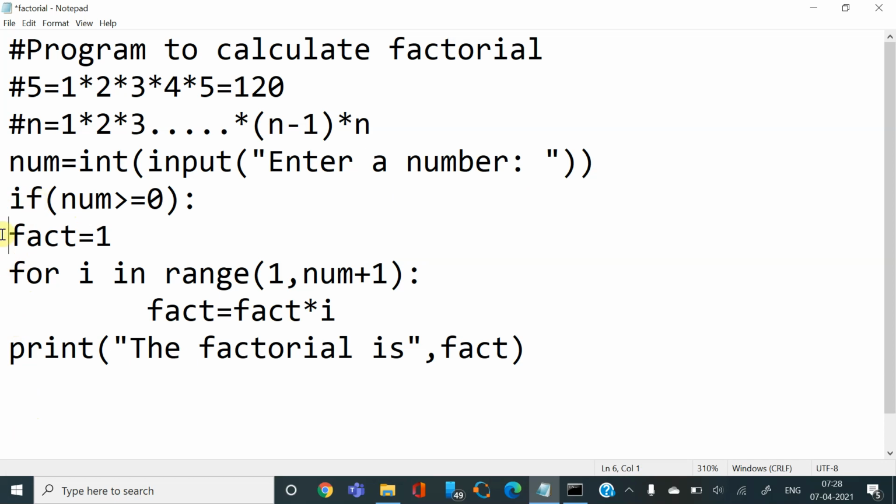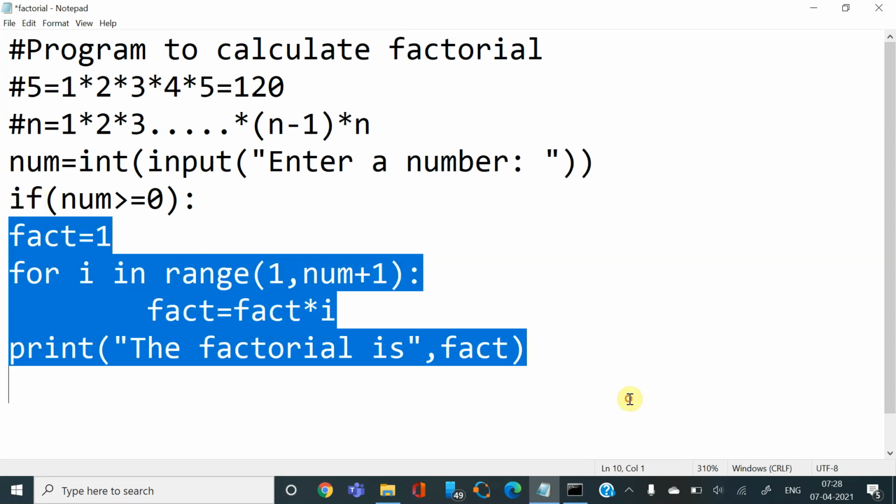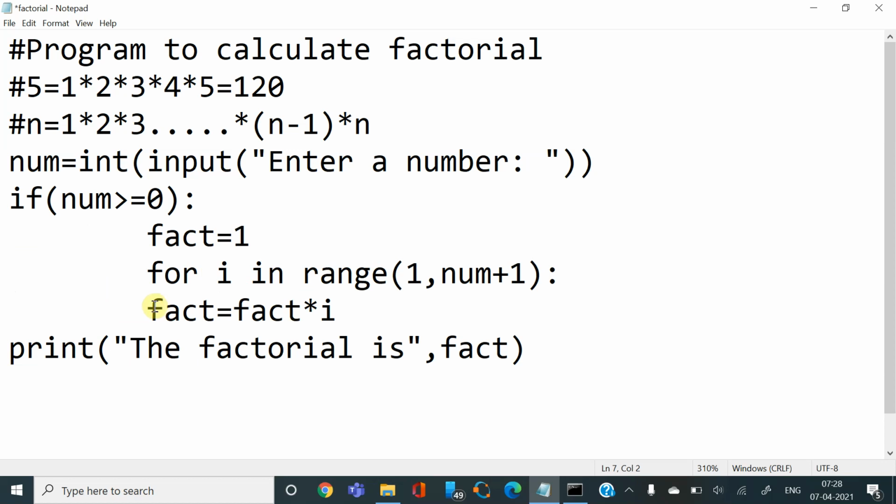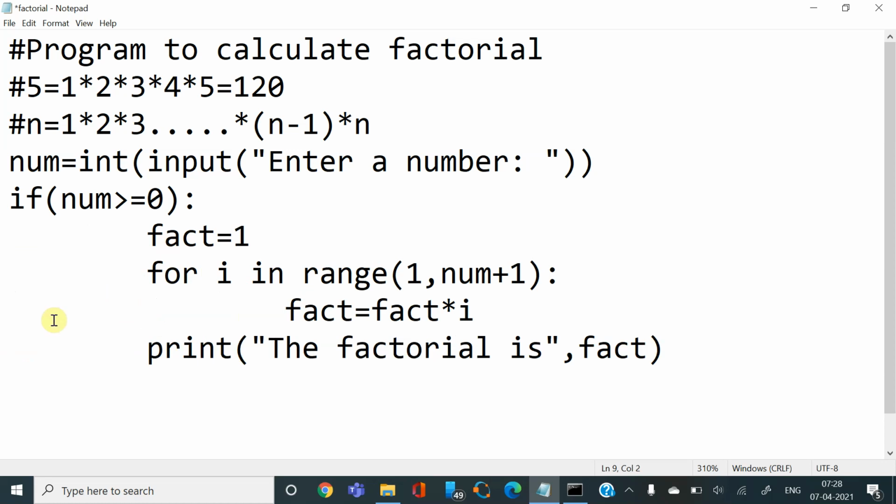Okay, I am indenting them inside this if. Okay, so I'll press tab, again a tab, because this is inside the for, and then a tab, and I'll write else, again a tab, because I want to print this inside this else block, and I'm writing,